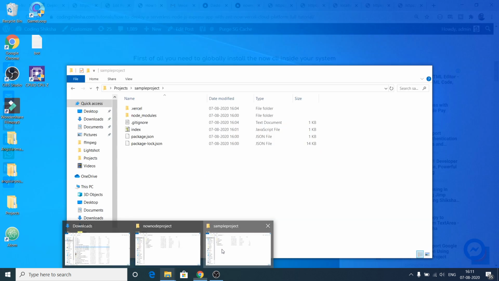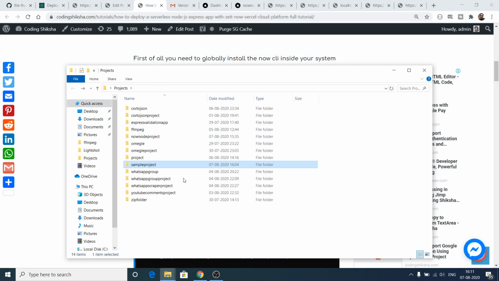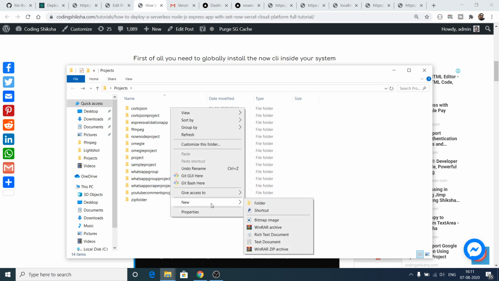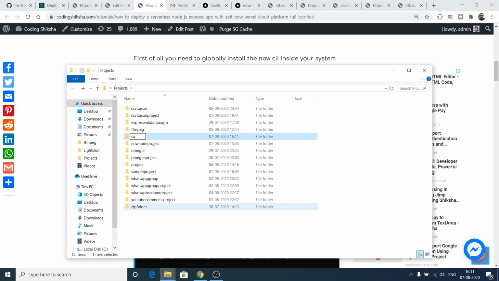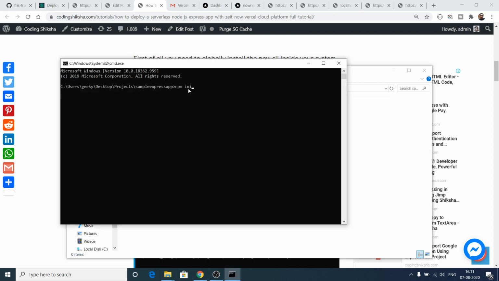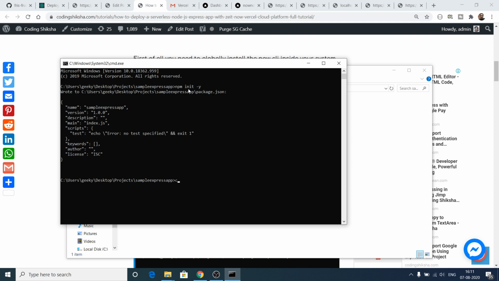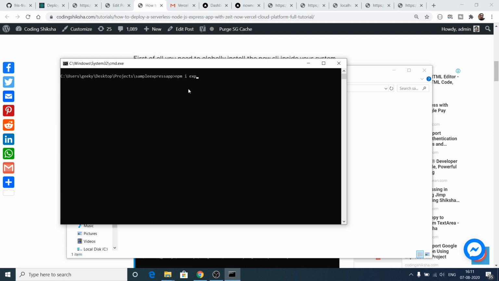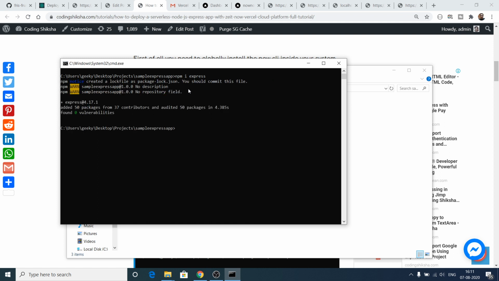After installing these two dependencies you can go to a brand new Node.js project. Let's suppose I go to my projects directory and create a new folder, sample express app. Let me enter this folder and initialize an empty project with npm init -y. This will create the empty package.json file. Now we need to install express, npm i express. For this demonstration I will show a very basic express app and how to host it.